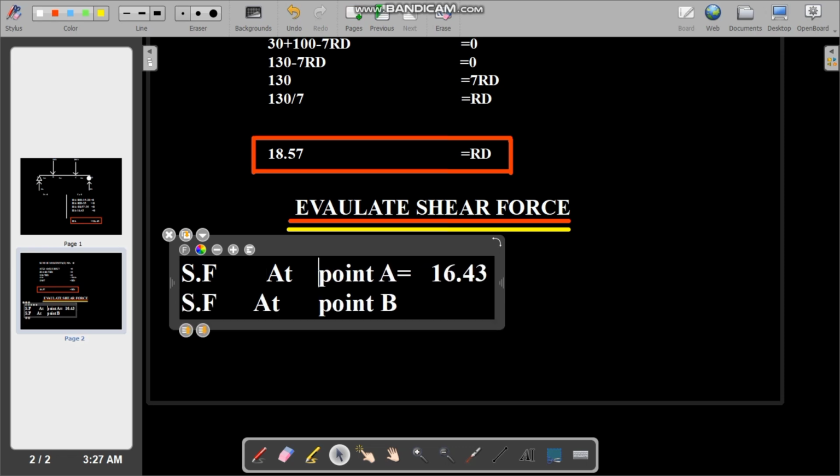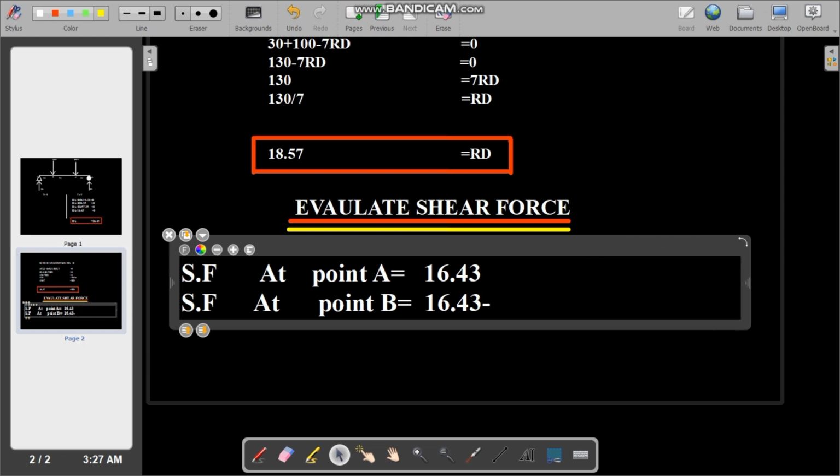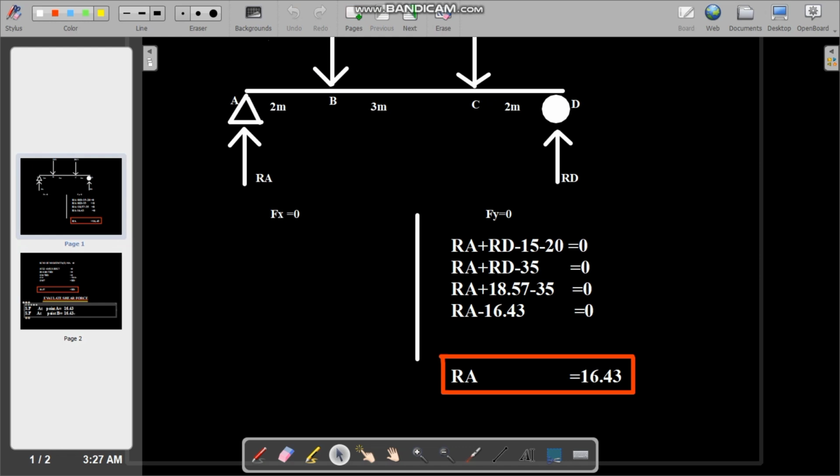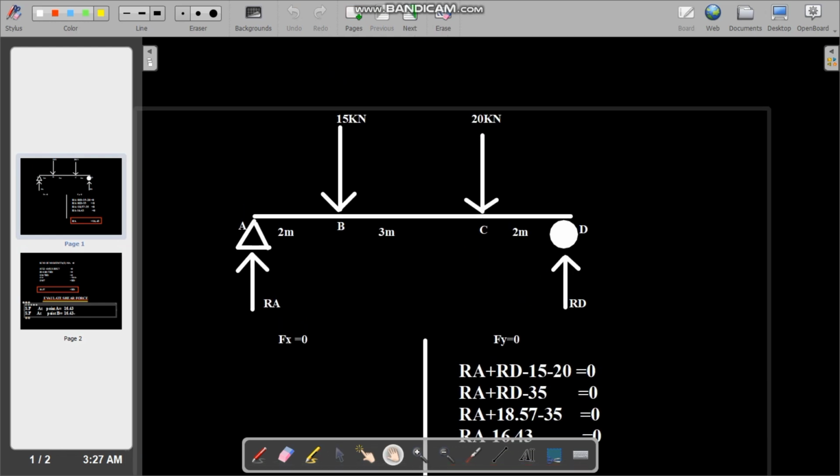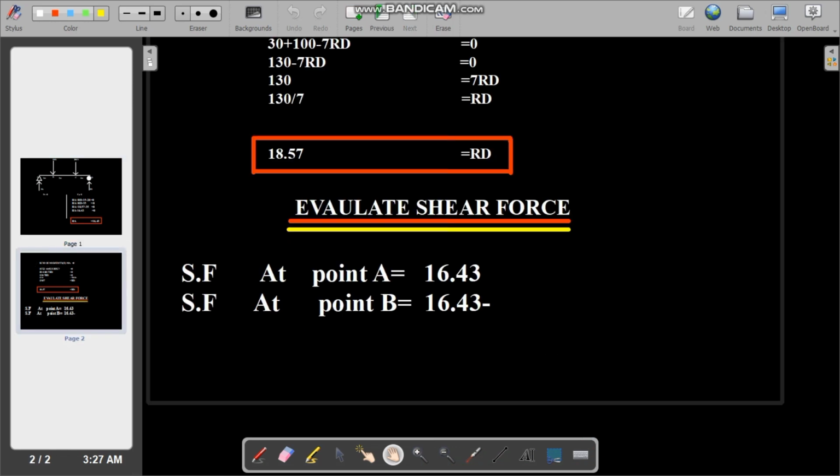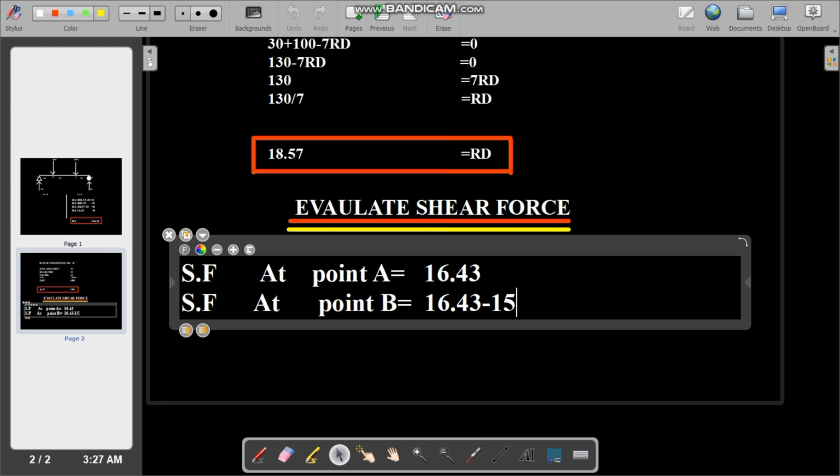So the shear force at point A is equal to 16.43, and the shear force at point B is equal to the previous value, minus or plus the vertical forces or load applied on the beam. At point A, we have 15 kilonewton. It's downward, so it's a minus sign, a negative sign. So we write it down and calculate it here: 16.43 minus 15 is equal to